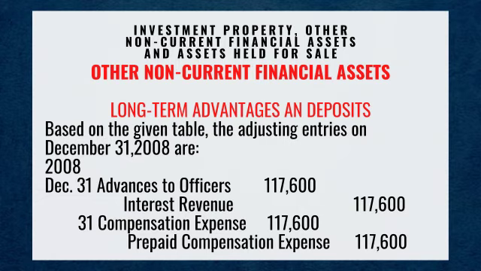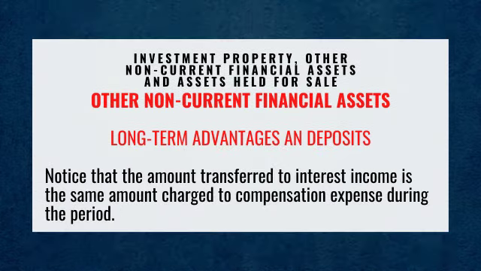Year 2008, December 31st, debit compensation expense, 117,600 pesos, and credit prepaid compensation expense for 117,600 pesos. Notice that the amount transferred to interest income is the same amount charged to compensation expense during the